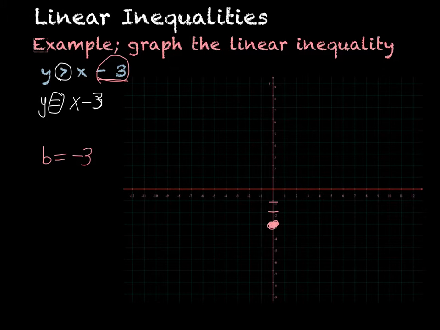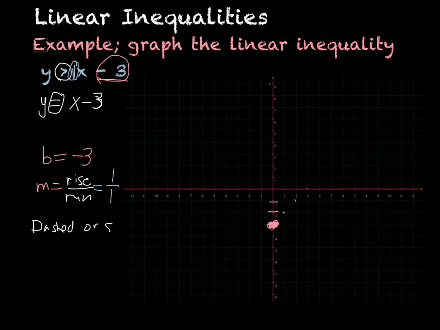And then my m is going to be my rise over run, and that is going to be whatever is attached to the x, which in this case is a 1. So 1 over 1. So I'm going to go up 1 over 1, up 1 over 1, up 1 over 1. Now I need to decide, is it dashed